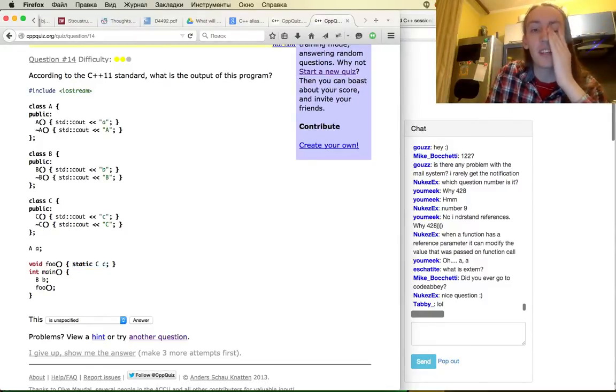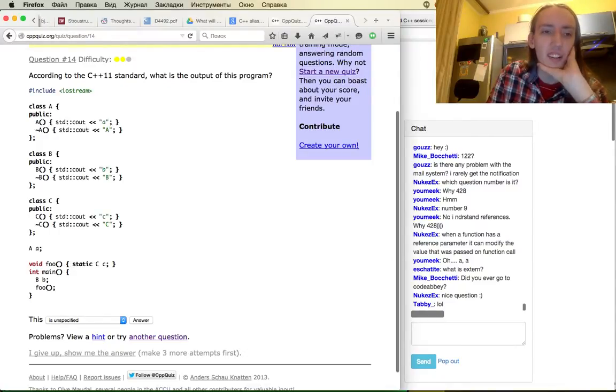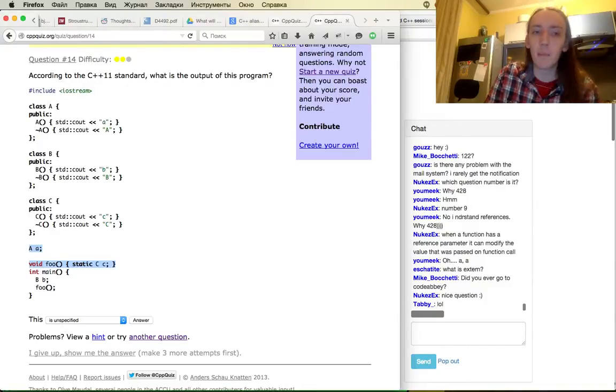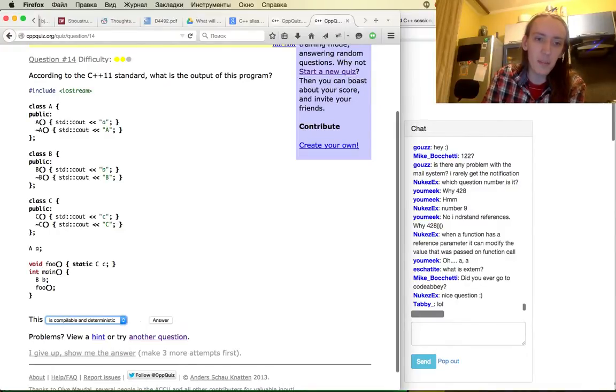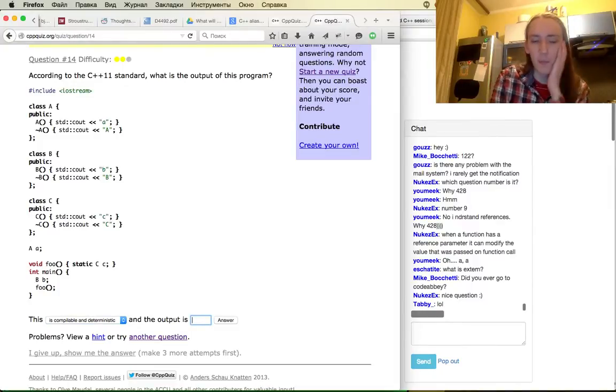As for static C, it's a static one. My guess is that it's either unspecified, so a compiler can choose to first initialize A, then initialize C, or maybe first initialize C, then initialize A, then launch my function, and well, good stuff happens. Or maybe it's compilable and deterministic. Okay, let me guess. My bet is it's compilable and deterministic, and it prints